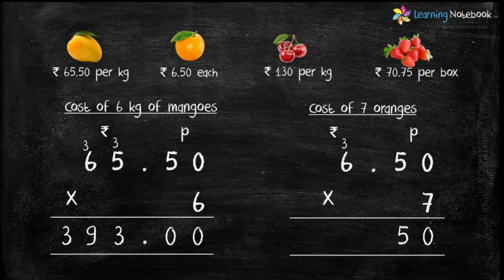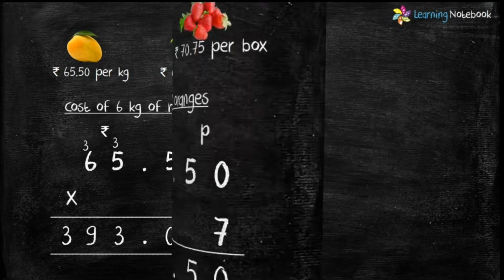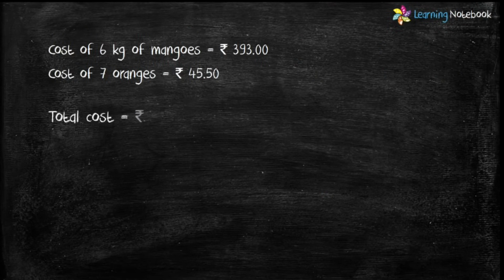Now students, before multiplying 7 with 6, put a dot in the answer. Now 7 into 6 equals 42 and 42 plus carry 3 equals 45. Therefore, the cost of 7 oranges is 45 rupees and 50 paise. Now we have found the cost of 6 kg mangoes and 7 oranges. Therefore, the total cost will be rupees